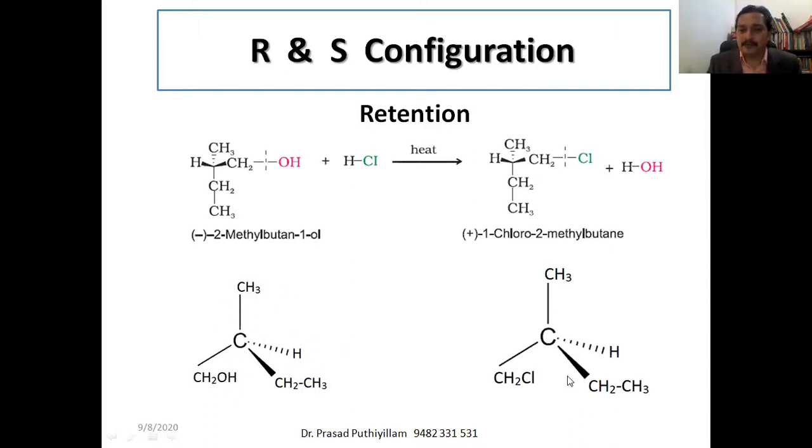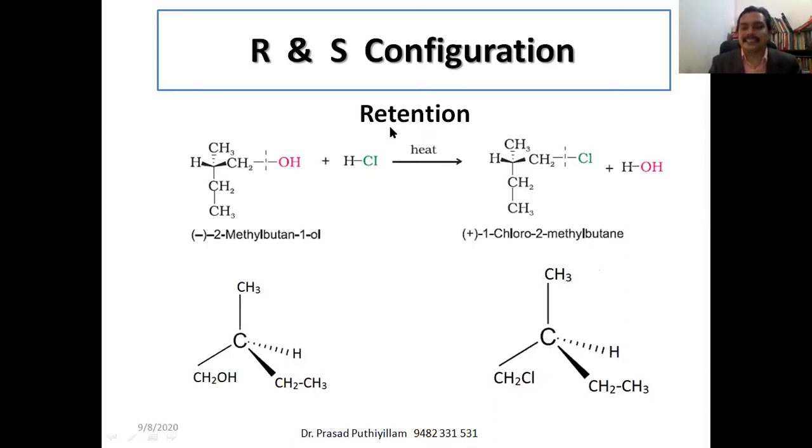Okay, the product formed is also rearranged in such a way that hydrogen is away from the observer. Then CH2CH3 will come towards the observer, and CH2Cl and CH3 will be on that particular plane. Then we can give the priority order. Carbon connected to chlorine gets first priority, then CH2CH3 second priority, then CH3. Therefore again the priority order is towards the left side, so it is also S configuration.